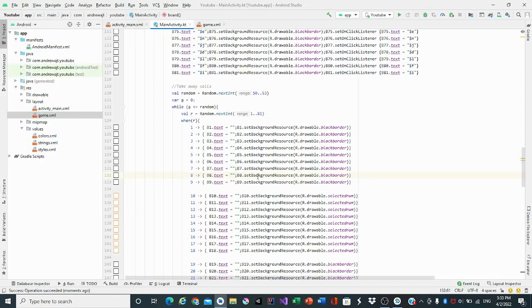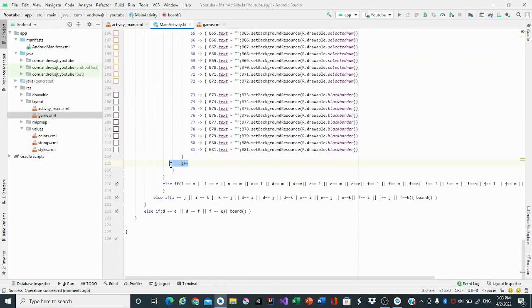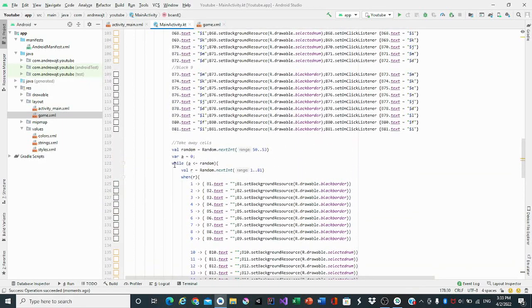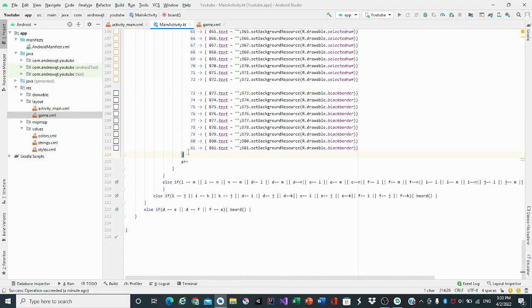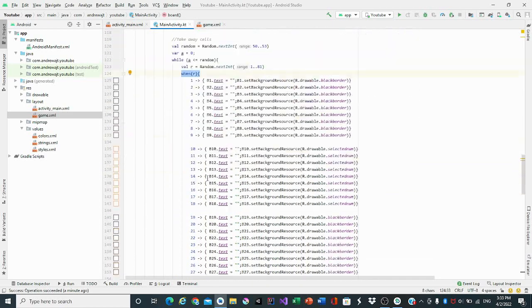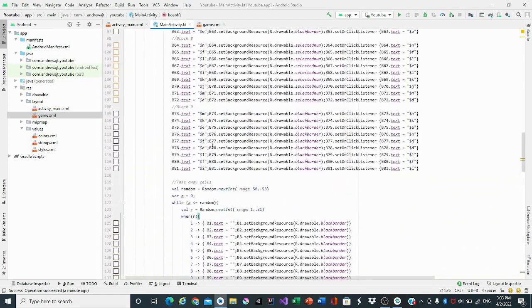So after I finish with all the numbers, you're gonna go straight down and do a++. The reason why you do that is because if you don't, the while loop is gonna continue on forever and ever, and it's gonna crash your app. So at the end, go right underneath the braces that connect the when loop, and do a++ right underneath it, so it can stop the while loop from going on and on. And if we run the app,